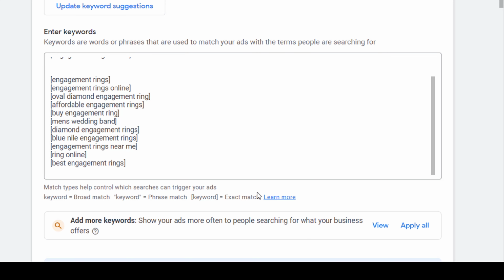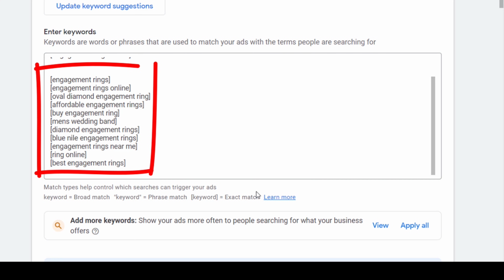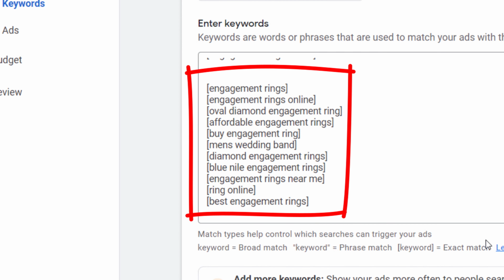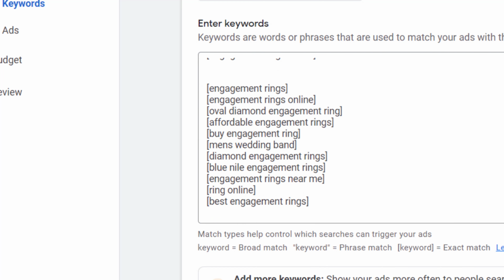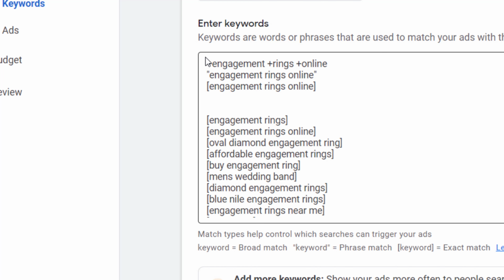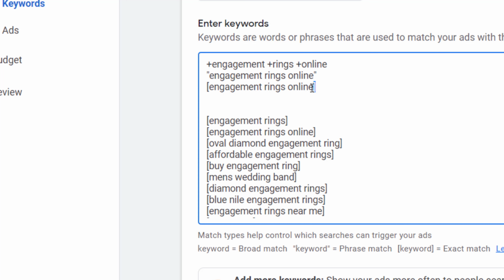With this method, Google will show your ads more selectively, and you'll only appear for searches that exactly match your keyword, while you may still appear for related searches. The chances are significantly lower compared to using phrase or broad match. So in this case, I will erase